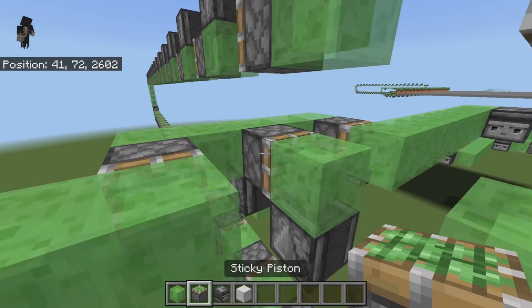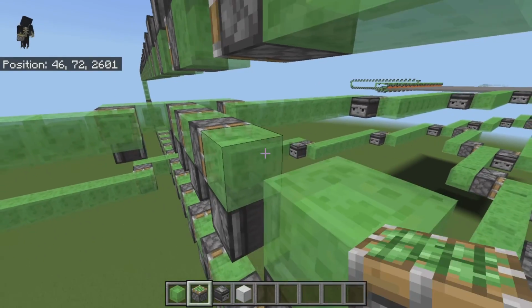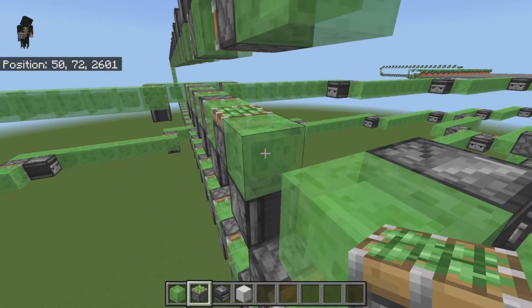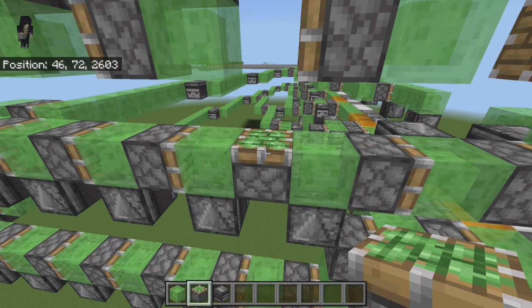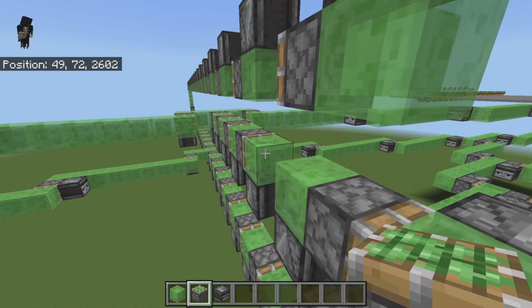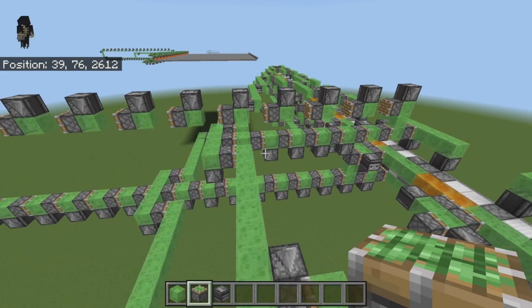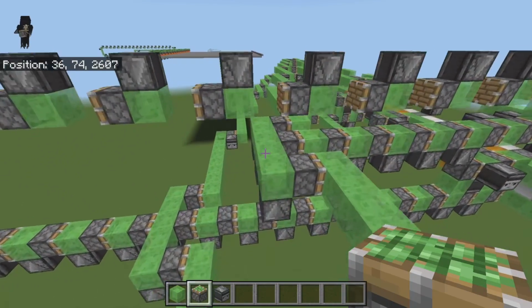Then once you have that in place, grab your sticky pistons and put them on the faces of all those slime blocks just like this. And you should see that when you get to the last one, it connects up just like this. Make sure that all your sticky pistons are facing in the right direction, not like me. And once your machine is looking like this, next we need to come to this slime block